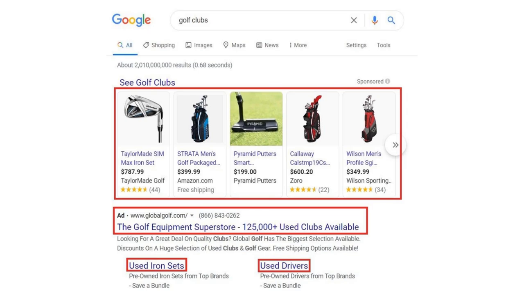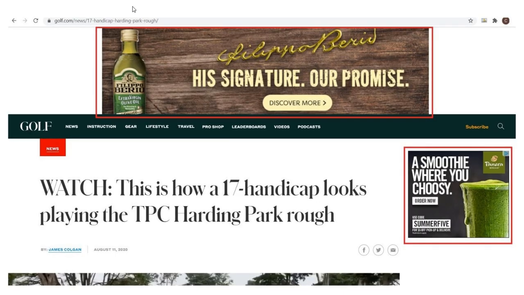You can run different types of PPC ads with Google. You can also see some display ads here. This right here is a Panera Bread ad. I just went on golf.com to keep the same example. Let's say I start looking at websites. You're going to see advertisements around the websites. So this right here is an ad for Panera Bread. If I click on this advertisement, then Panera Bread is going to be charged for that individual click. And obviously you can see it's a good way to go over some of your different promotions or just promote a product that you want people to find at the grocery store or wherever their local store is, or if you just want to send people to your website to hopefully purchase something directly from your website,